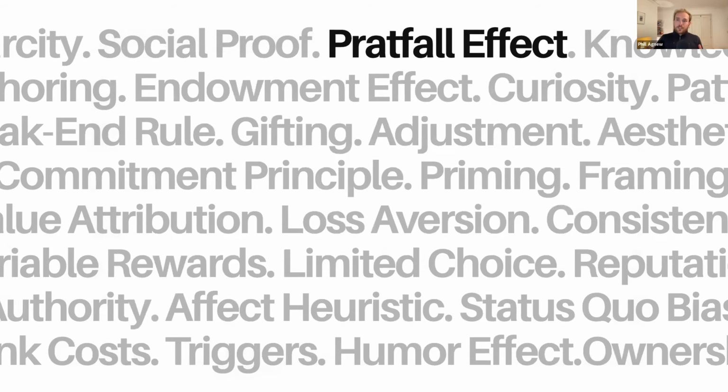Now, today, I really want to do a deep dive into perhaps a nudge, a bias that you haven't heard of. It's called the pratfall effect. And the reason I'm so interested in the pratfall effect is it goes against conventional marketing. So unlike some of the others that we've talked about, which can fit within your typical marketing strategy, the pratfall effect really echoes what I said at the start of the show, which is that